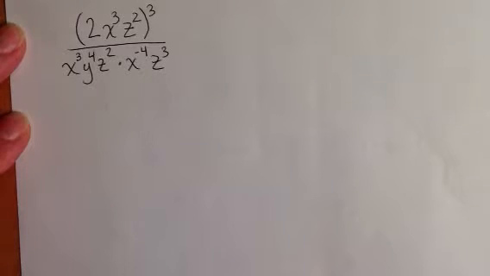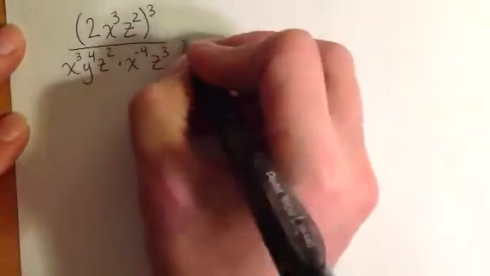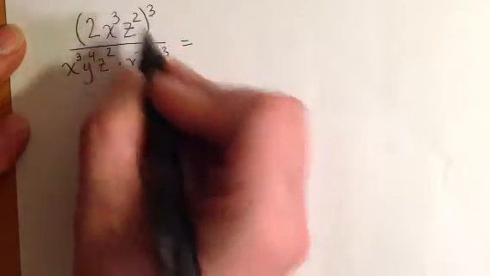Here are my steps. First, get rid of parentheses. Second, deal with negative exponents. Third, simplify. So first thing I need to do, get rid of these parentheses in the numerator. To do that, I'm going to take the exponent and I'm going to distribute or multiply it through to all